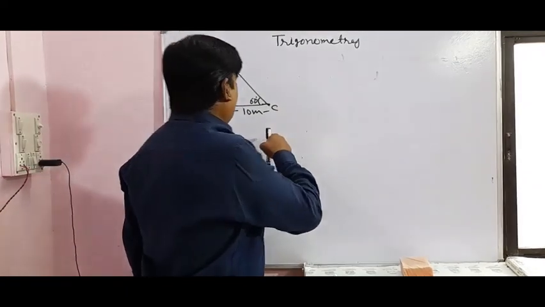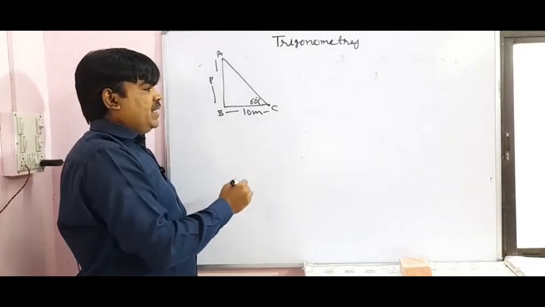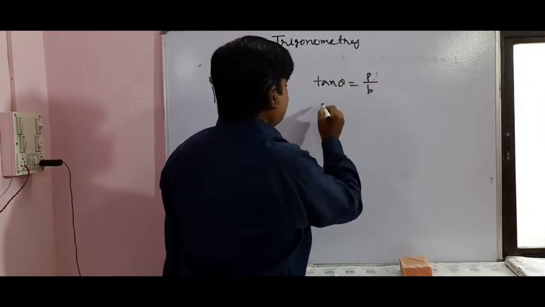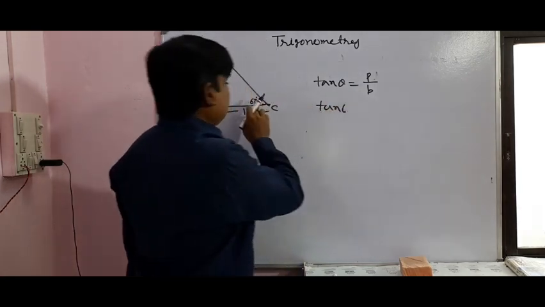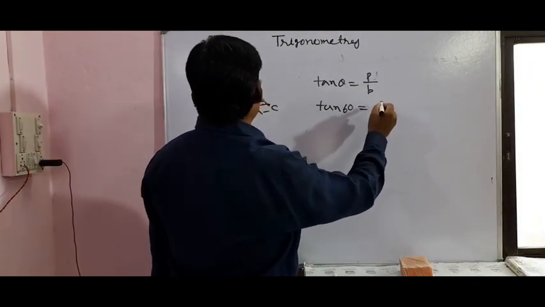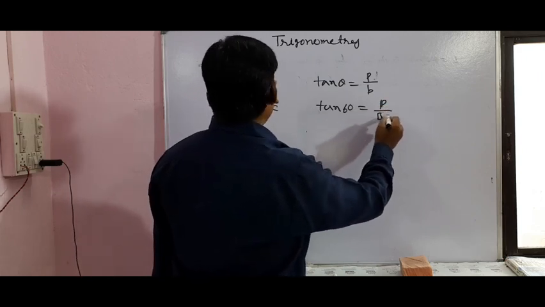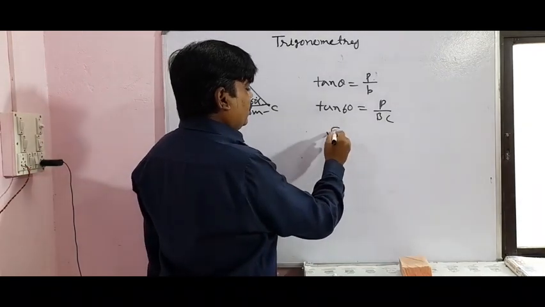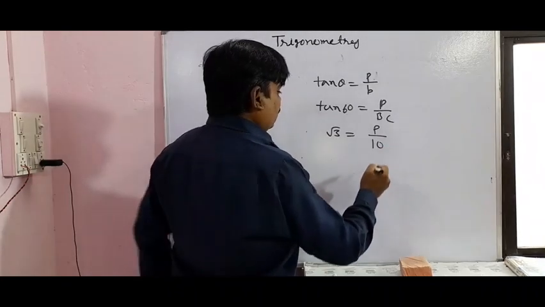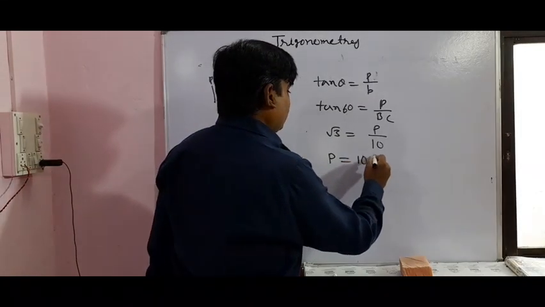So we have learned that formula. This side is our perpendicular, this is the base, so perpendicular and base come in tan theta. So tan theta equals perpendicular upon base. Now the value of this angle theta equals 60 degrees. So tan 60 equals perpendicular upon base, which is BC. The value of tan 60 is root 3, the perpendicular is not given, and the value of BC is 10. So we can multiply these numbers. So the perpendicular will be 10 root 3 meters.